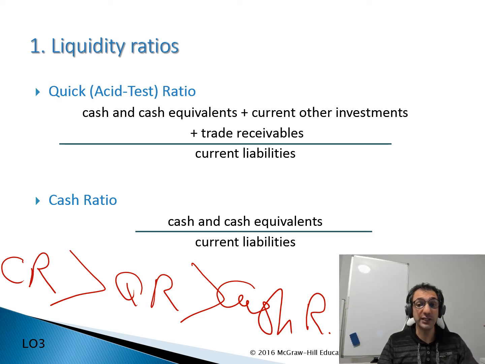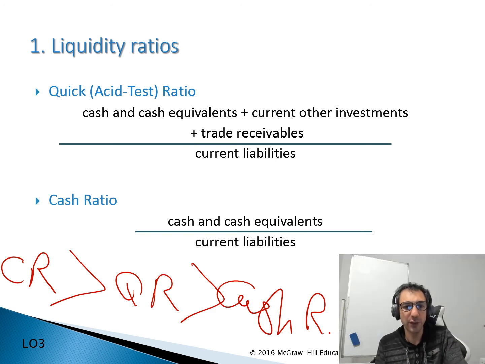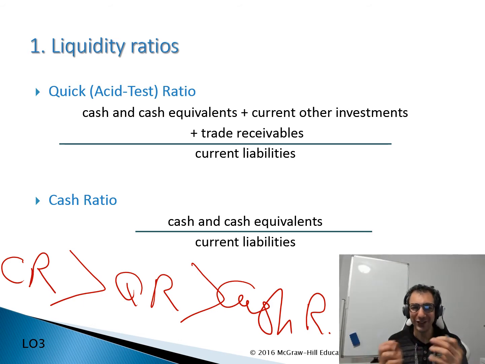The cash ratio is very limited in terms of current assets. You just include the cash and cash equivalents. So you exclude investments, you exclude the accounts receivable, you just include the cash. So as you expect, the current ratio is greater than the quick ratio, and the quick ratio should be greater than the cash ratio. As you are moving forward, you see the numerator is becoming smaller and smaller with the same denominator,